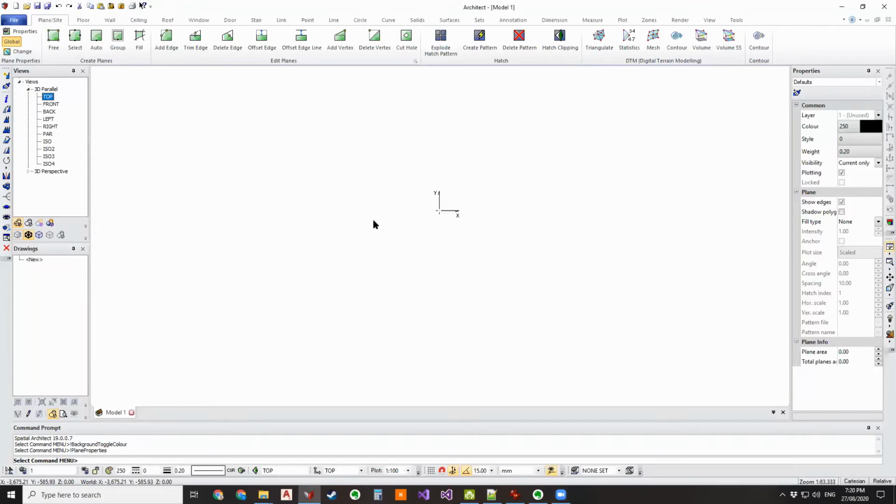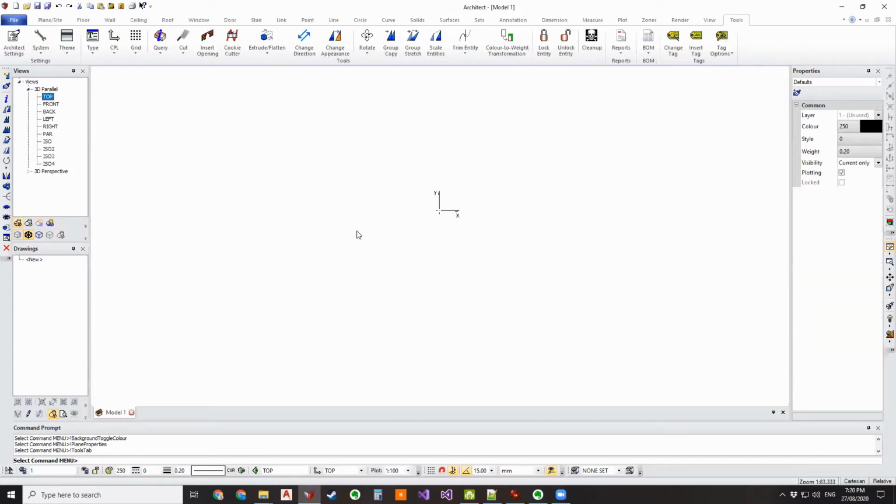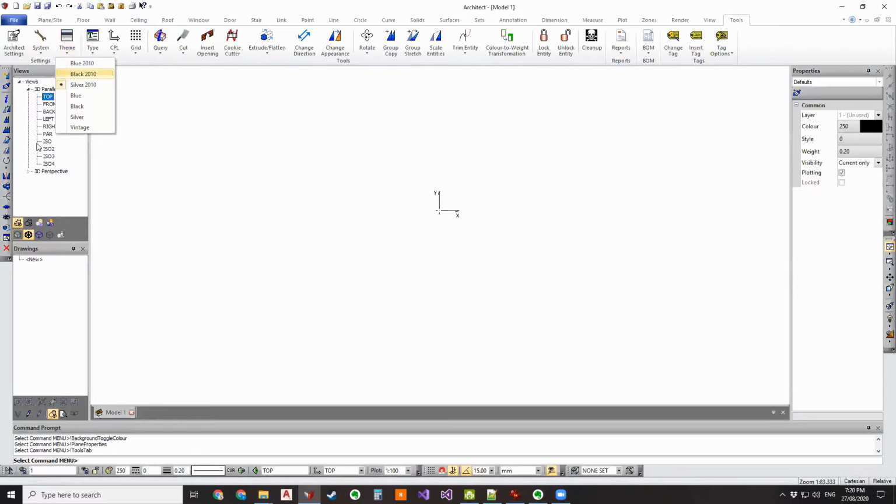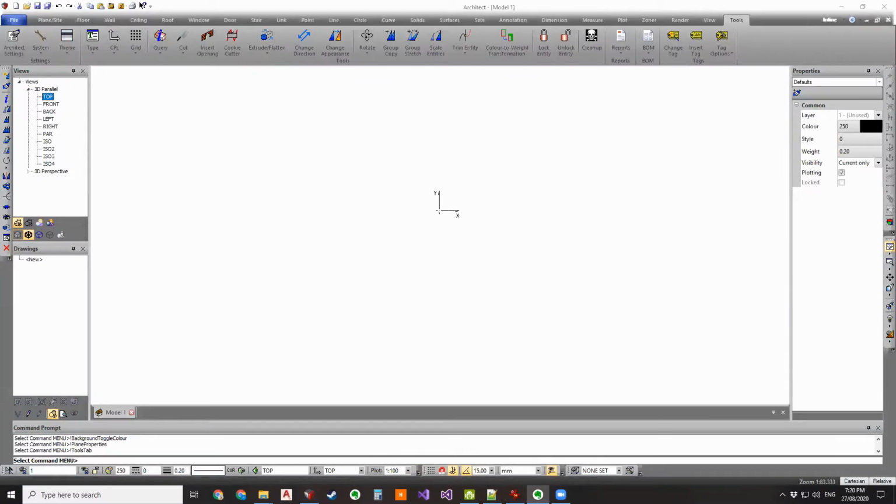So this is the default setup, apparently. Okay. So I'm going to show you how to change all of this. So this is how Caddsman generally comes up to start with. We generally have the theme set to, I think, black 2010. So that changes the